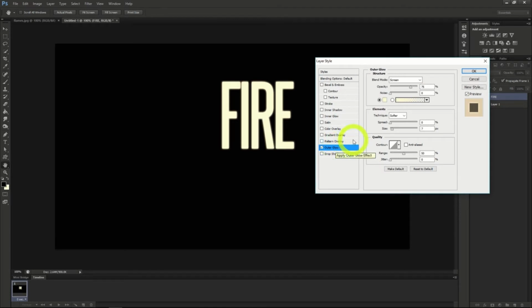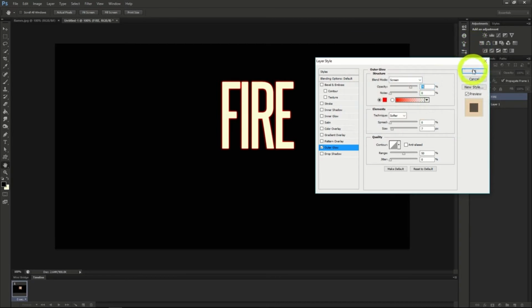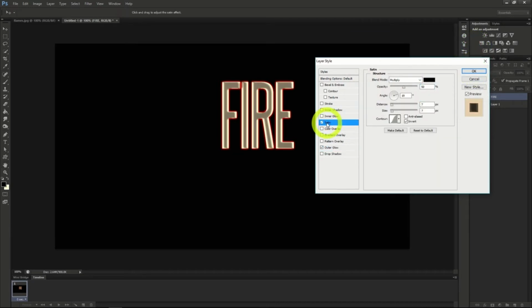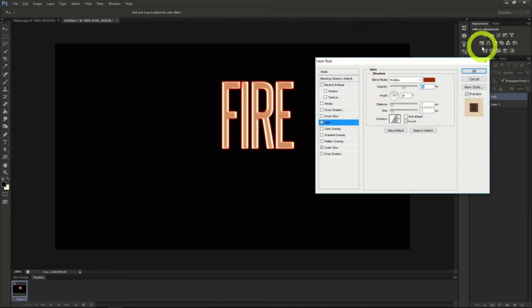Change the color in the box here to F70300, then hit OK. Select the satin blending next and change that color to 872D0F, and hit OK as well. Change the opacity on the satin effect to 100%. Change the distance to 10 pixels,